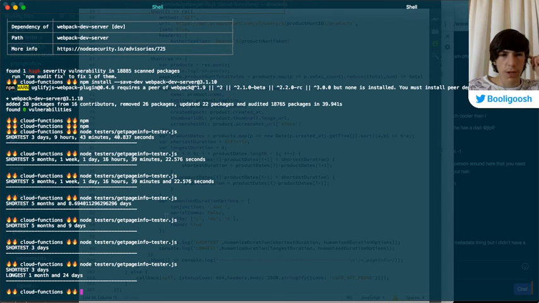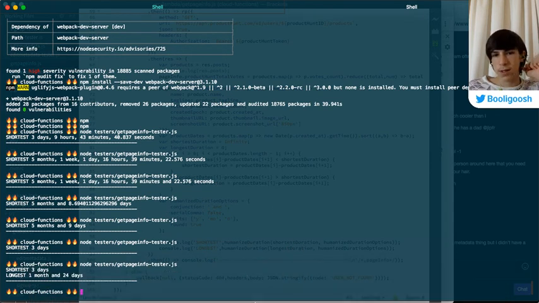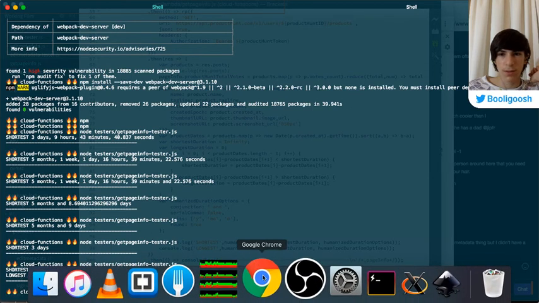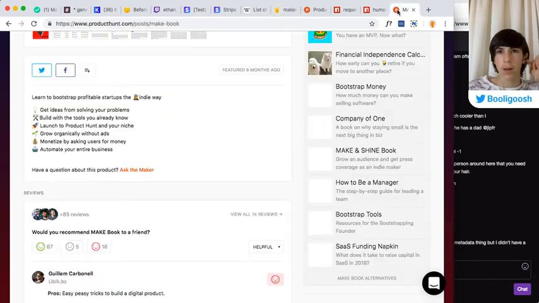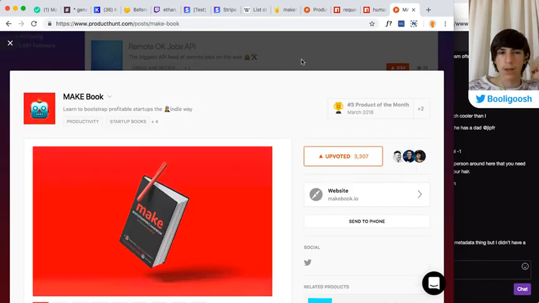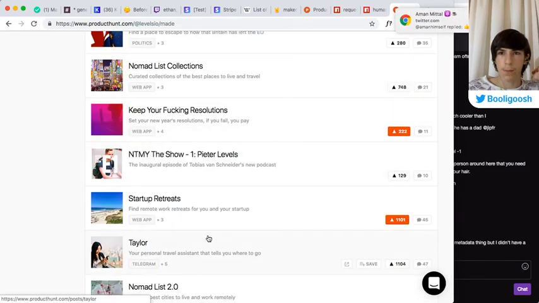Whoa, is that real? Yeah, that's pretty insane. These calculations are correct. The longest that Peter Levels has spent without launching a product is 1 month and 24 days. Is that correct? It's pretty insane. Like ever since he first launched a thing.